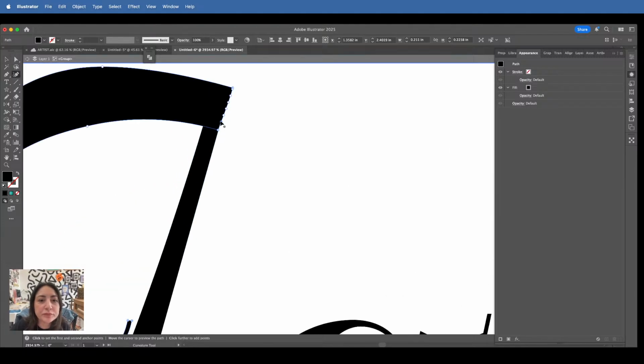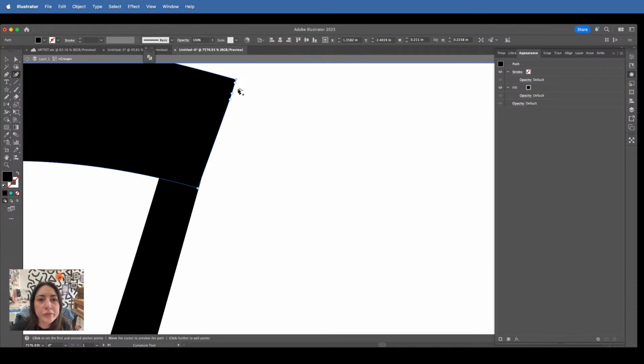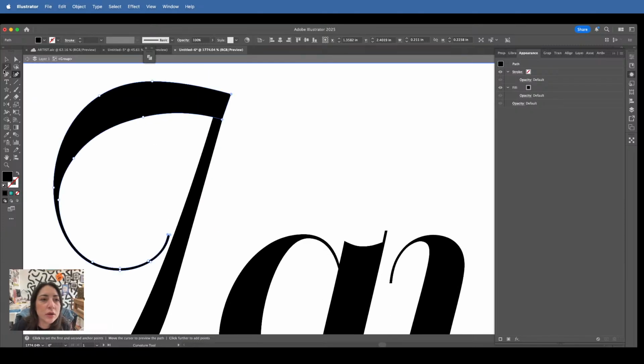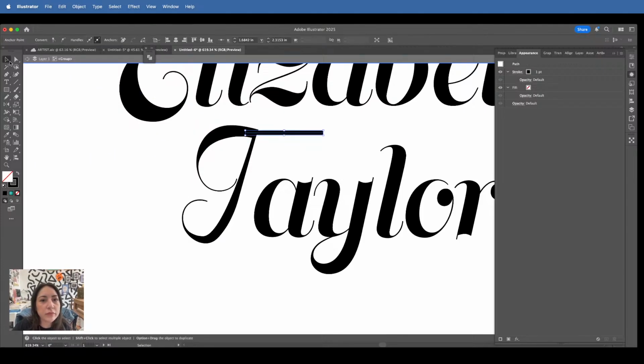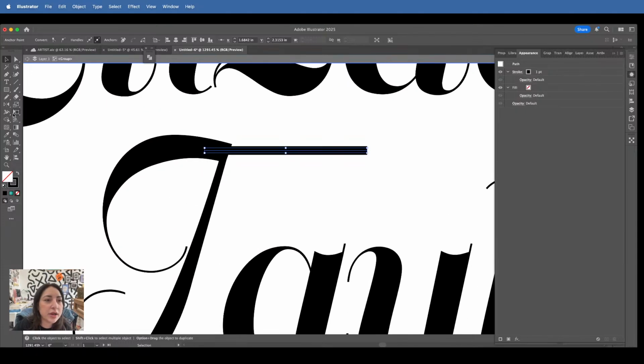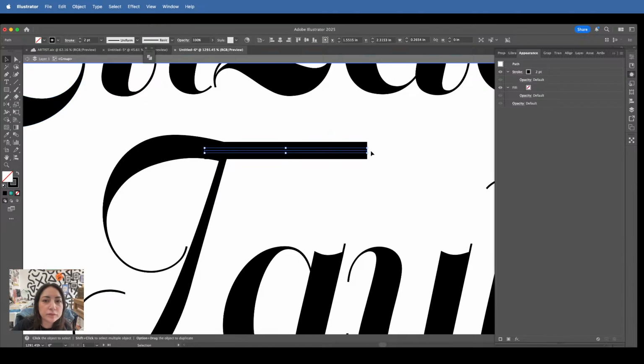Too many points here. Let's get rid of these. Okay. I'm gonna draw a rectangle over this. Or, see, I like the idea of using a stroke only because then I could play around with the width, etc. And let me show you what I mean by that.